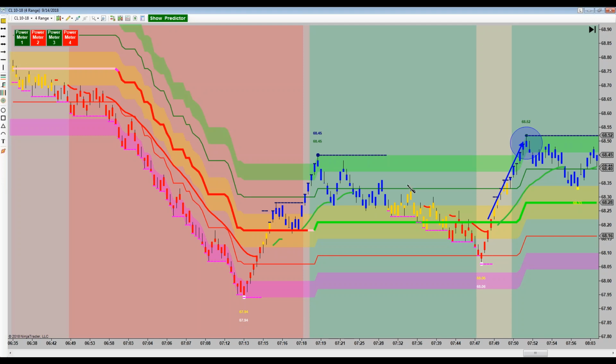And so, as long as the market stays above stealth and line 6, the green thin line, so stealth is the sneaky snake line, and green thin line is line 6, as long as the market is up here,